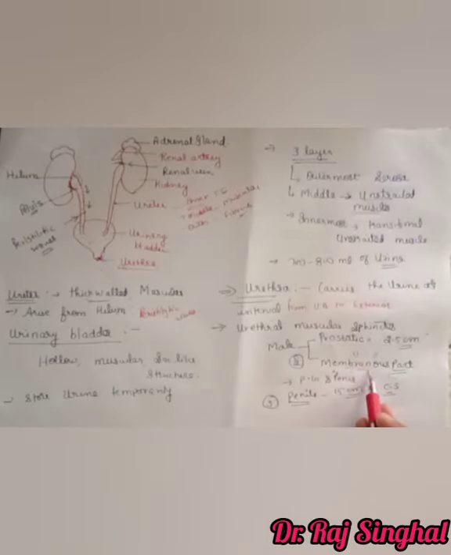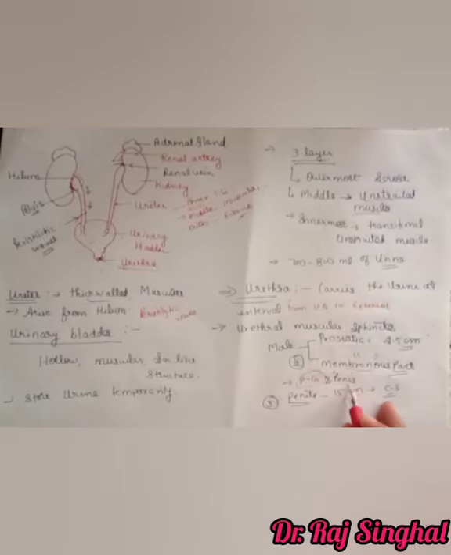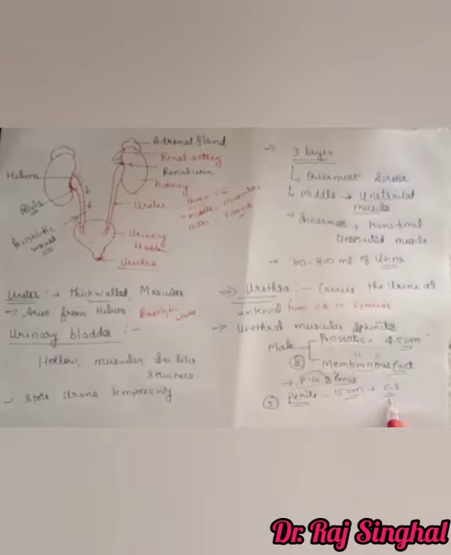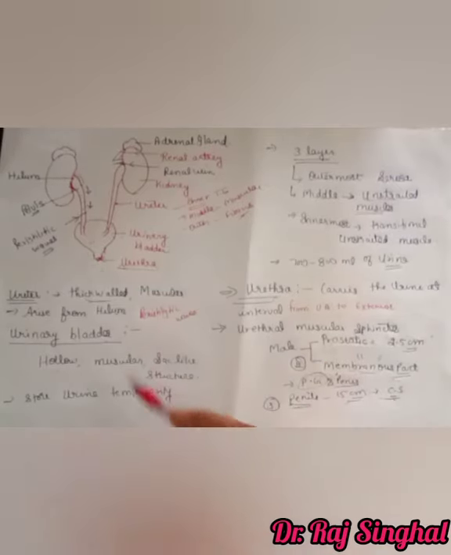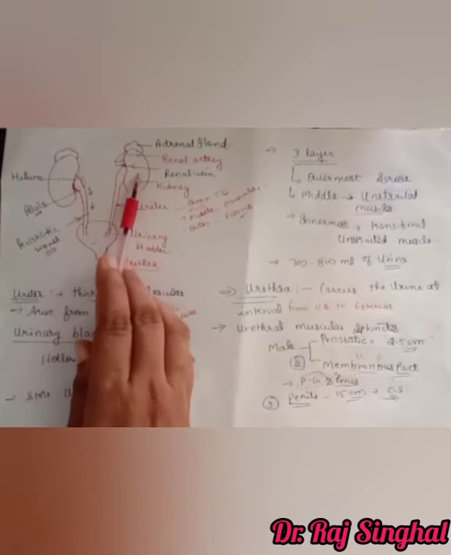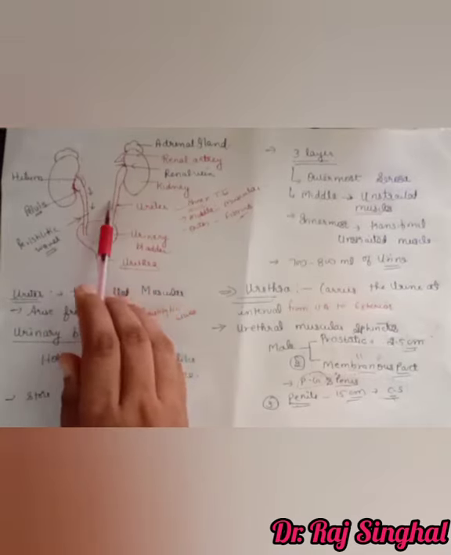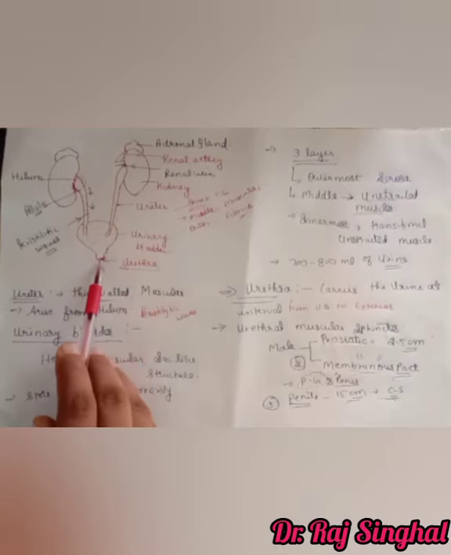The second part is the membranous part. This is a small part lying between the prostate gland and the penis. The third part of the urethra in males is the penile part. This penile part is approximately 15 cm long, and it passes through the corpus spongiosum, which is a part of the penis, and opens at the external urinary aperture of the penis. This complete structure constitutes the human excretory system, which includes a pair of kidneys, a pair of ureters, the urinary bladder, and the urethra.